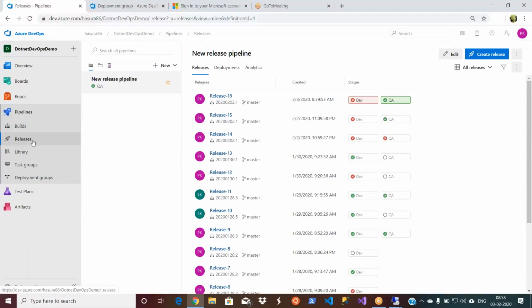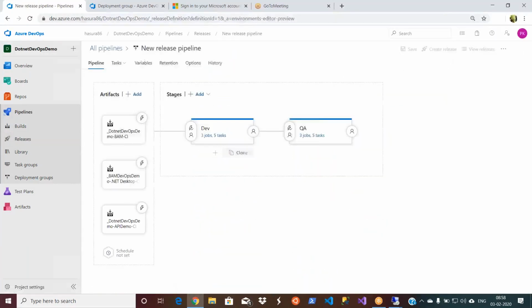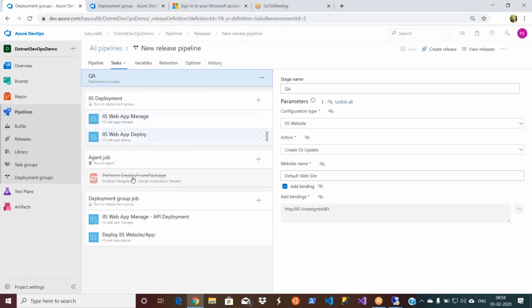So in that case, I'll go and edit my definition. The first thing I do is go to my deployment group. Instead of web, I will say Windows web and Linux web. It's just a name, just for categorization. Now I will go to my jobs and create one more deployment group.